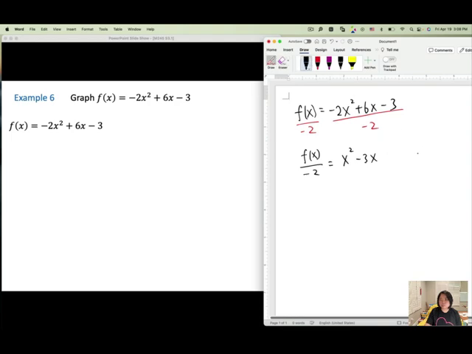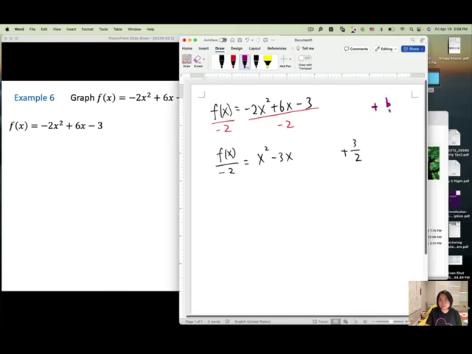Let me leave some space here. Plus 3 over 2. Okay, right? And then we're going to add (b over 2) squared. The b is going to be negative 3, so I'm going to do (3 over 2) squared. When you add something, you need to subtract something. So when I cancel out, that will be exactly the same equation as the original one. Okay, now